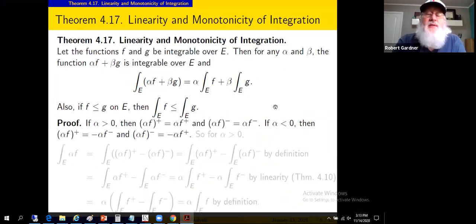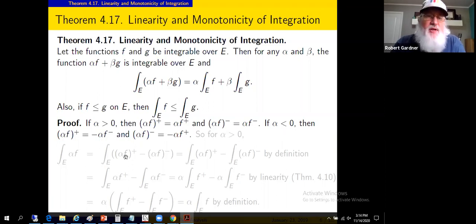Okay, let's look at the scalar multiplication first. We're going to look at positive and negative parts. Whether that scalar is positive or negative will affect how we address those. Suppose alpha, the scalar, is positive or non-negative. Then the positive part of alpha f is simply alpha times the positive part of f. The negative part of alpha f is simply alpha times the negative part of f. Straightforward. When alpha is negative,